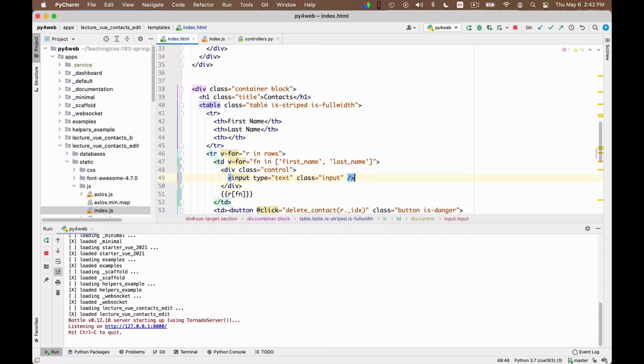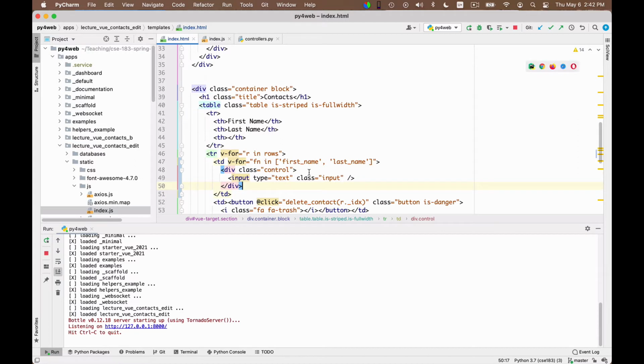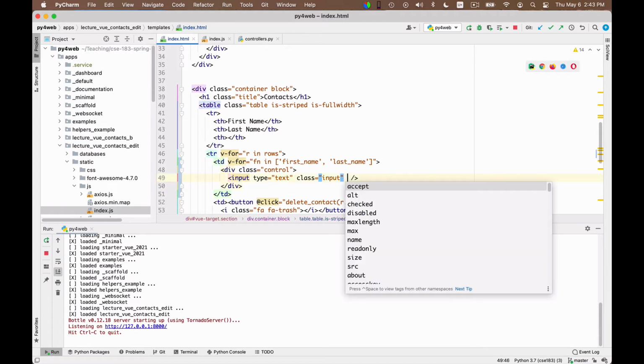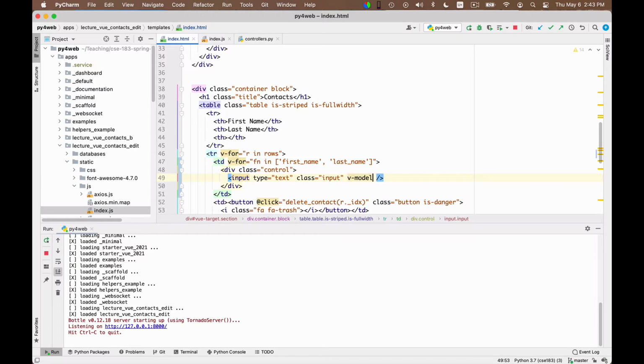Okay, and that's it, except, you know, how do I put a value in an input? This is how I put a value out as text, but to put the value in an input I have to take this and put it here via a v-model directive. So the v-model directive is the directive in Vue.js that binds the content of the input to the JavaScript variable. Okay, so I put it here. The braces are not needed. So that's it. So this should work to transform what previously were text fields into dynamic fields.